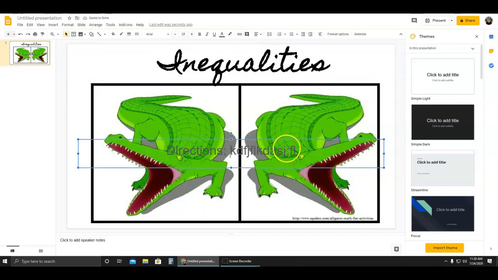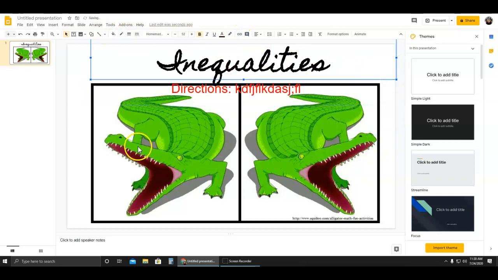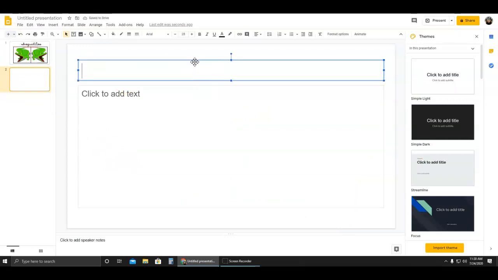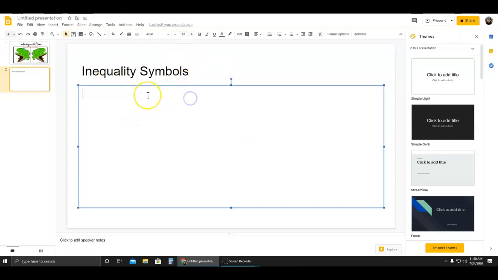So, inequalities. And you might want to make this a different color for the instructions, maybe something nice and bright that's easy to see. So I'm just going to do red. But a lot of kids remember the alligator. The alligator eats the bigger number, so I'm going to use that for the picture. So if you want to do some notes, you can say inequality symbols, and then you can basically just start writing. So you could say this symbol represents less than,